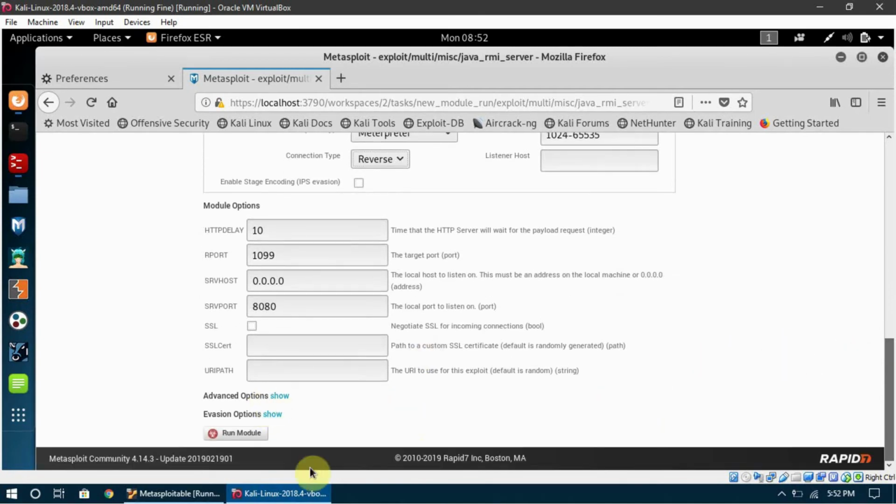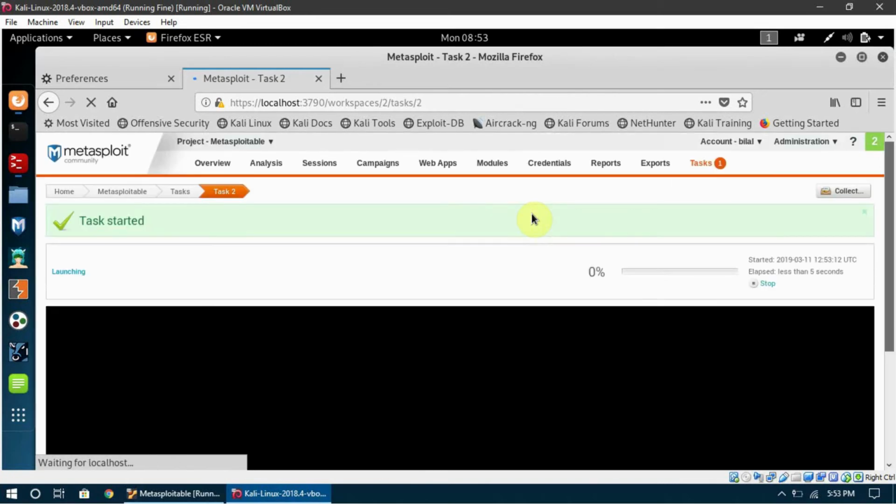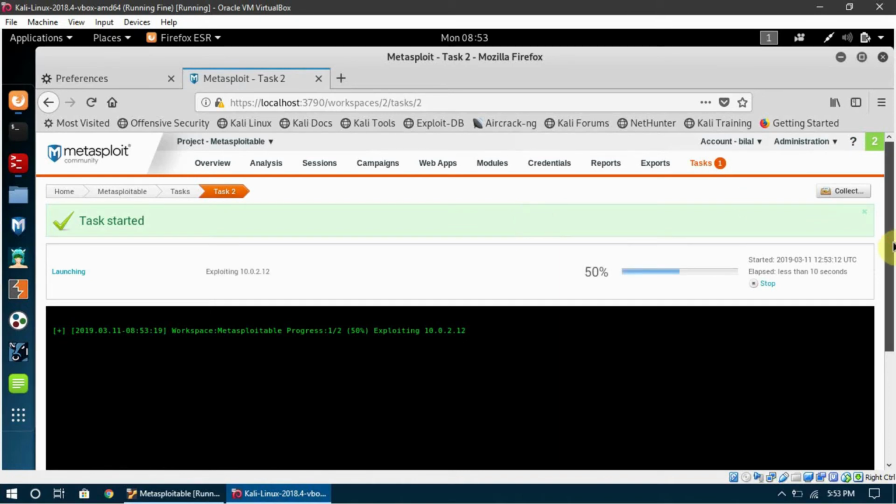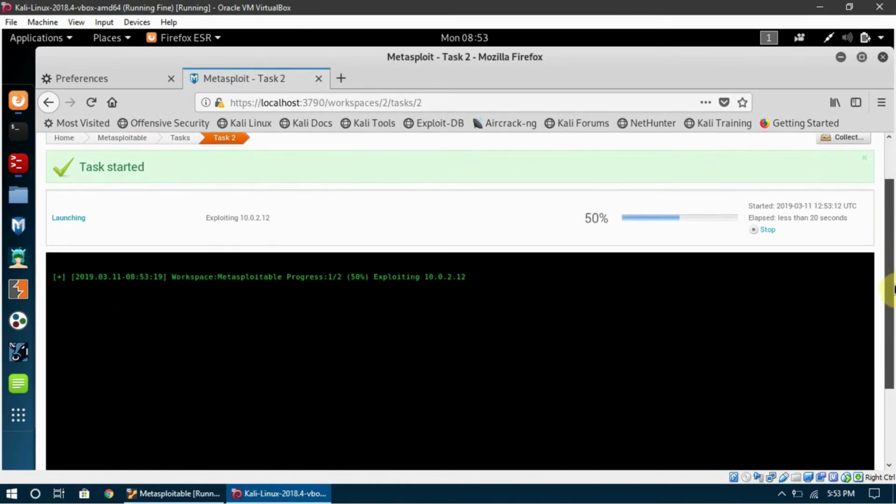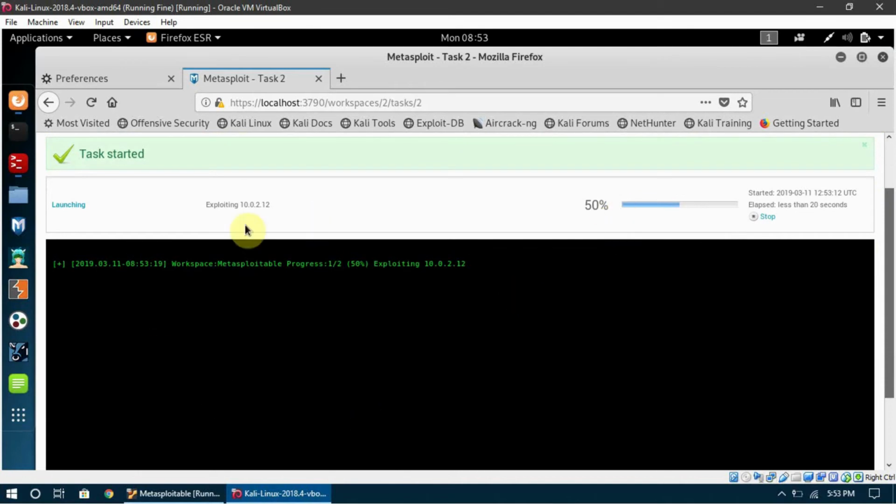There are some more advanced options you can look into, but I will just leave them the same. Now there is the run module button, and I am going to click it, and Metasploit is going to exploit the Java RMI vulnerability for us. You can see that it is telling us the task started, and here is a kind of terminal for us.